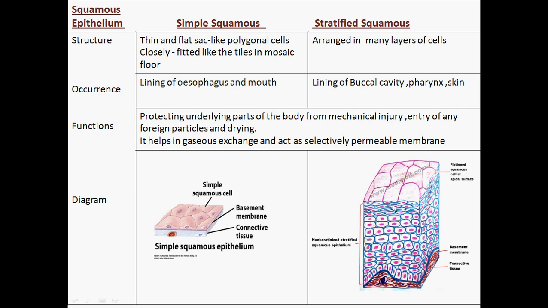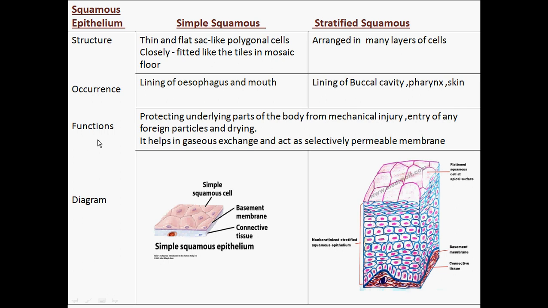Now the stratified squamous epithelium has multiple layers so that it provides good thickness, and wear and tear is stopped. Wear and tear should not occur in the particular area where this tissue is present. Suppose we consider the skin. Skin can wear and tear if continuously rubbed against something. There are various things which can cause wear and tear in the skin, so the multiple layers help to protect that part of the skin or any area from wear and tear.